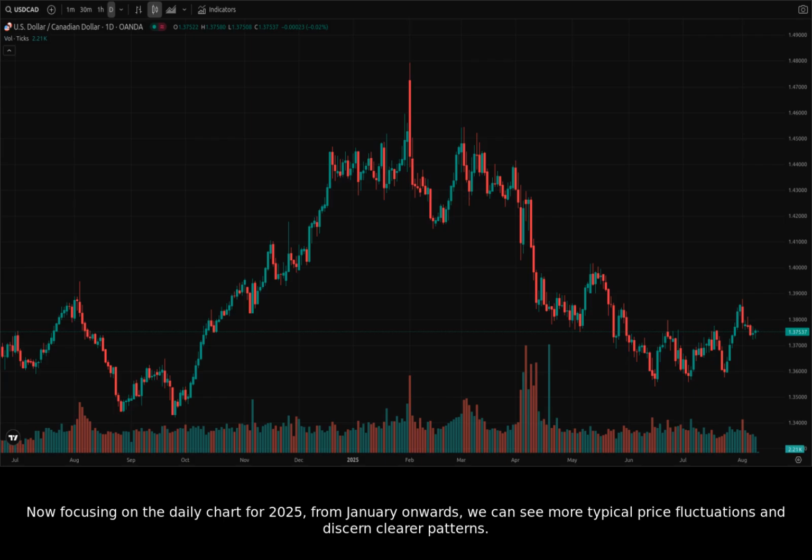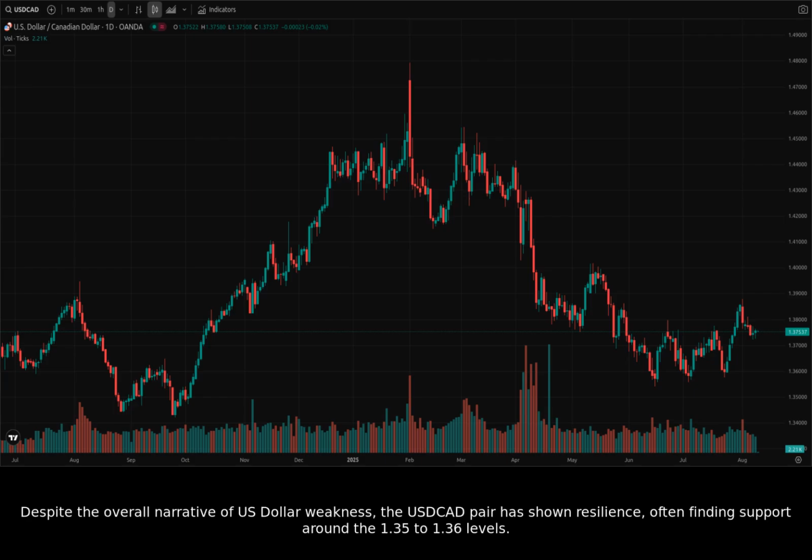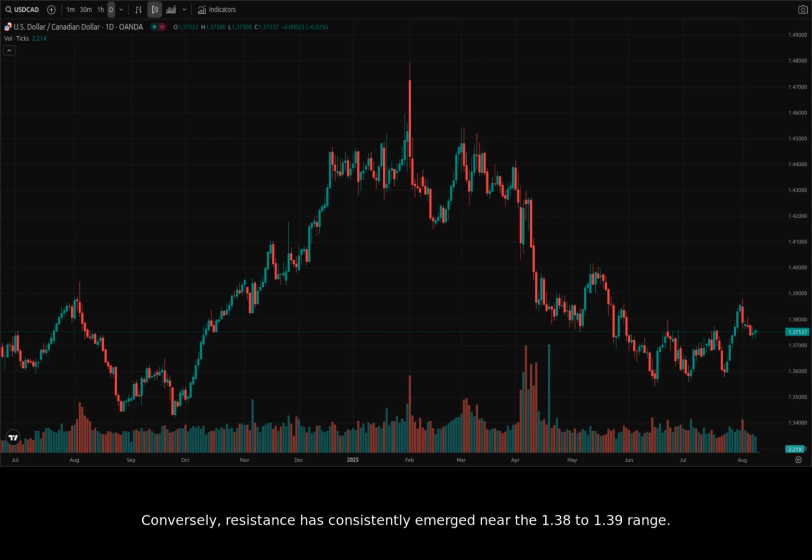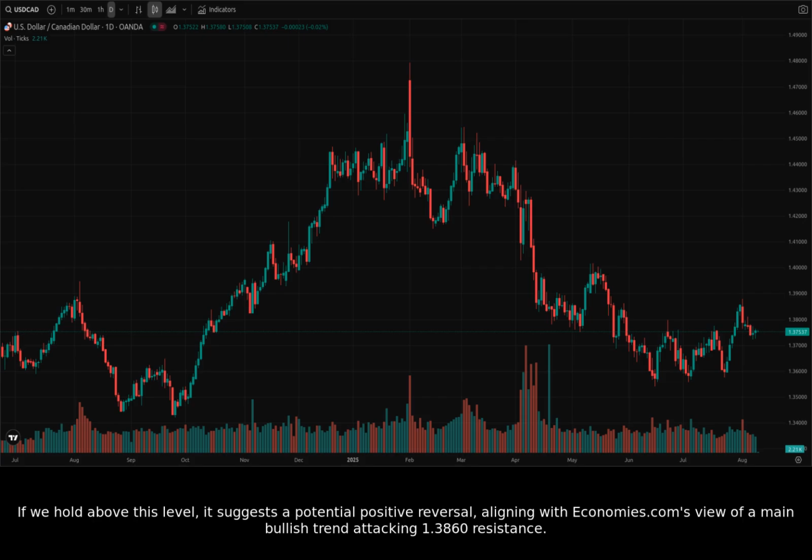discern clearer patterns. Despite the overall narrative of US dollar weakness, the USDCAD pair has shown resilience, often finding support around the 1.35 to 1.36 levels. Conversely, resistance has consistently emerged near the 1.38 to 1.39 range. The recent Investing.com news indicates market action is testing a critical make-or-break point near 1.3720. If we hold above this level, it suggests a potential positive reversal, aligning with Economies.com's view of a main bullish